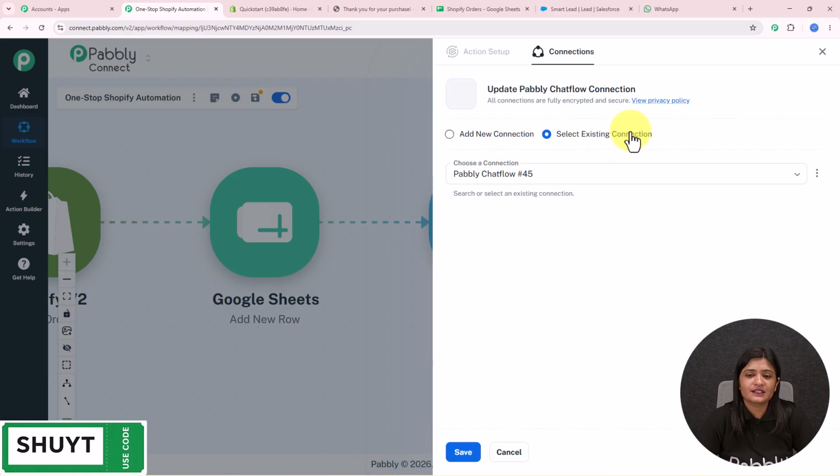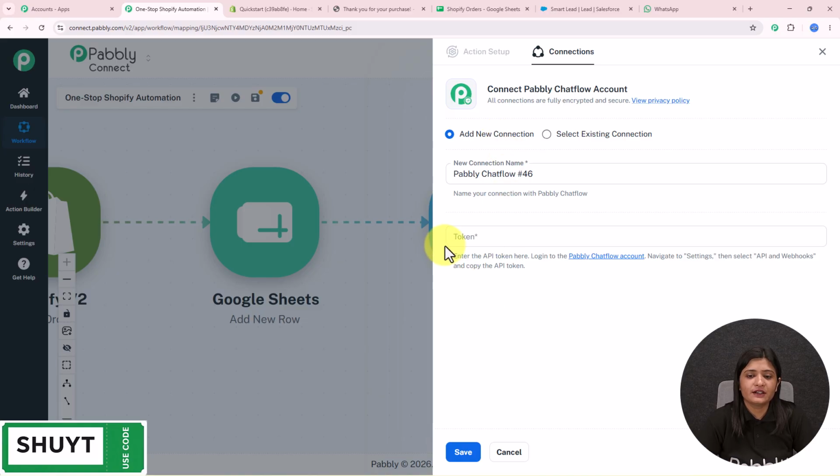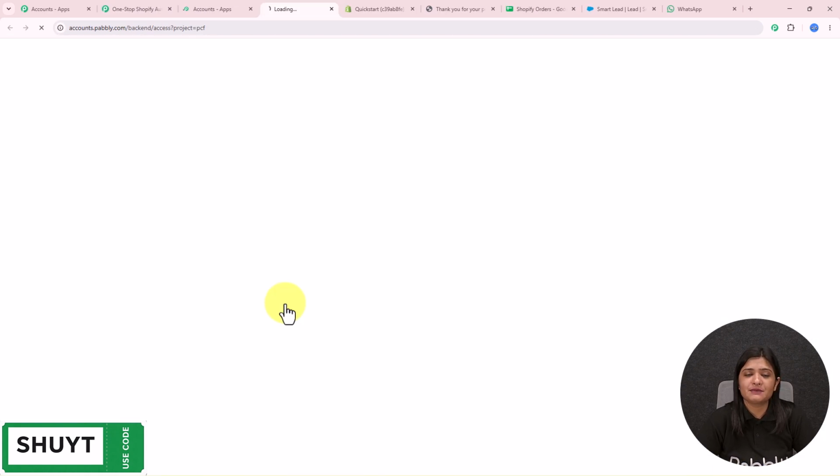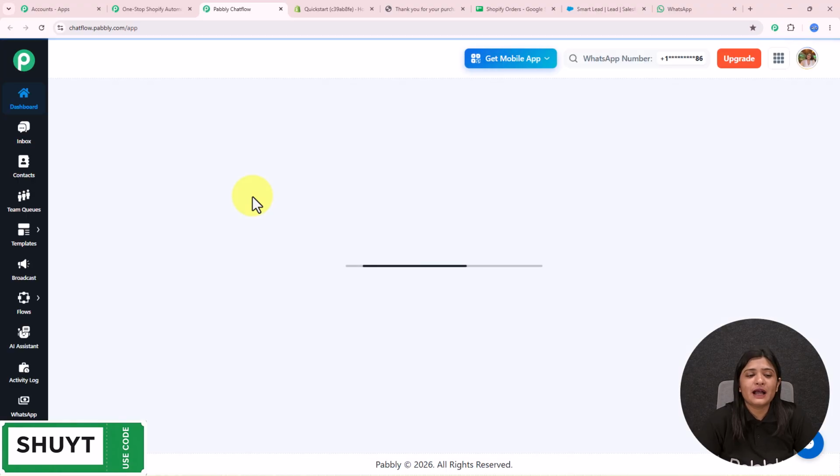If you have an existing connection, go with Save. If you don't have one, click on Add New Connection. And now, to make this connection, we have to enter the token. In the help desk, a hyperlink is given. If you click on this, you will be redirected to the All Pabbly Apps page, from where you have to go to Pabbly Chatflow Access Now, and you will land on the app dashboard of Pabbly Chatflow,